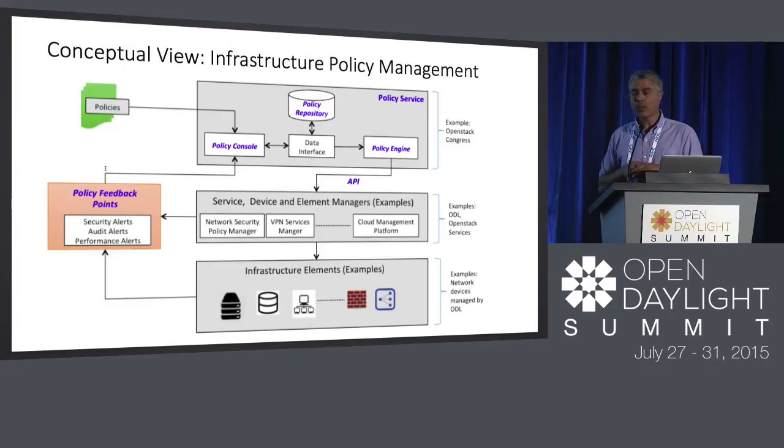The feedback loop is important because every time you talk about policy, and I will discuss real examples for that, there's going to be a lot of conditional things, right? There's always going to be, okay, if this happens, do this. Not all policies are like that. Some policies are pretty much, thou shalt do this always. You are always following that, but a lot of the time there are conditions, and conditions could be external, but they could also be internal to your infrastructure. So something happens in your infrastructure, you want to trigger a change in your policy, right? So that's where the feedback loop will come in.